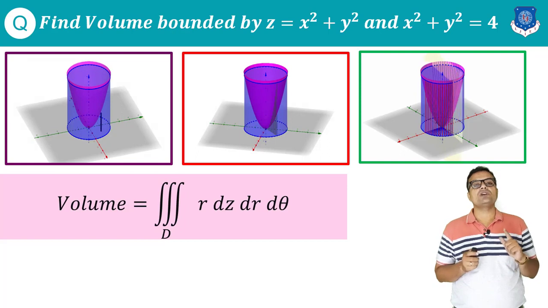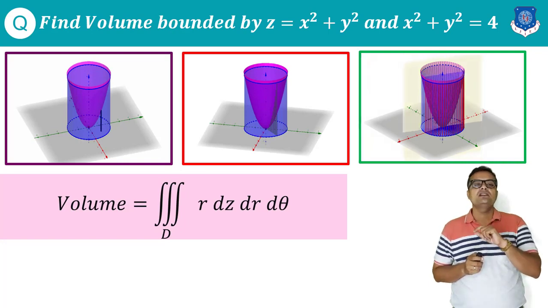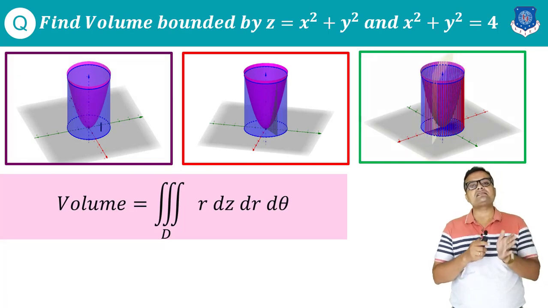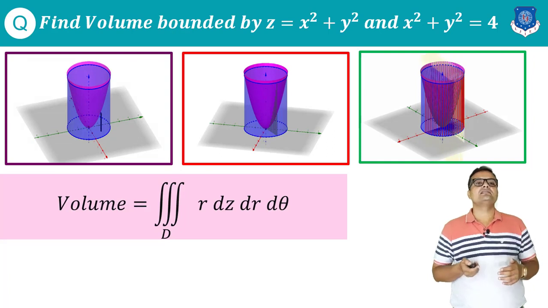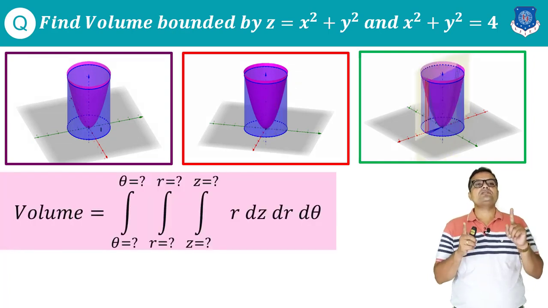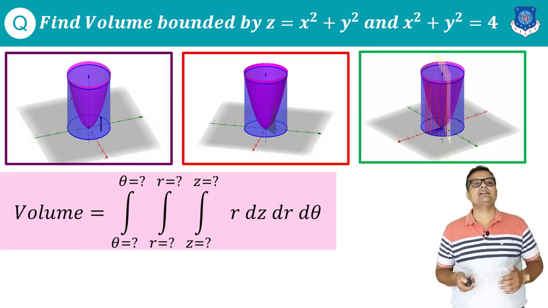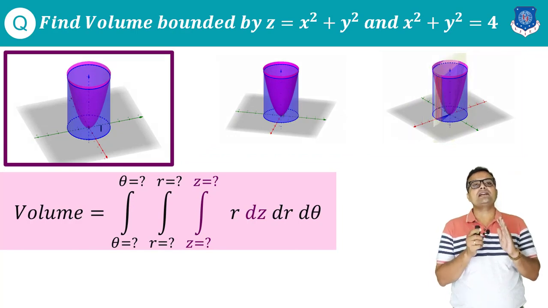We know that if I want to find the volume of the object using three-dimensional integration, my value of the function must be 1. So I am taking the value of the function equal to 1, and then I am converting dx, dy, dz into r, dr, d theta, dz. So my first question would be, what are the values of r, theta and z? Let us focus first at a time on this first structure, which is highlighted by purple color.